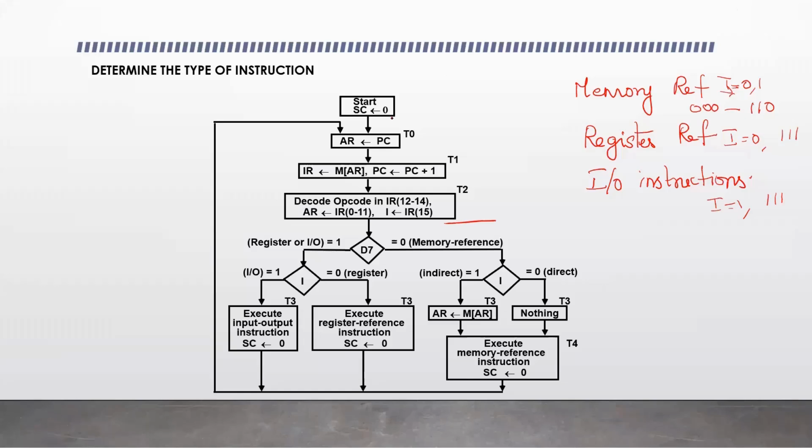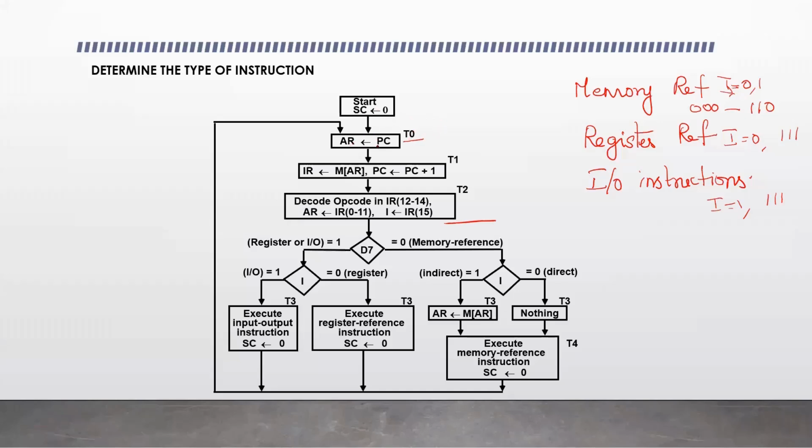Yes, listen. So here initially SC needs to be set to 0. SC is the sequence counter that generates the timing signals T0, T1, T2. It can be cleared to 0 so that it generates T0, and it starts counting from T0, or if not cleared, it can be incremented. By default, the operation of SC is incrementing by 1, so it generates T0, T1, T2, etc. up to T15. Otherwise, if the clear signal is given, it clears to 0 and generates T0.